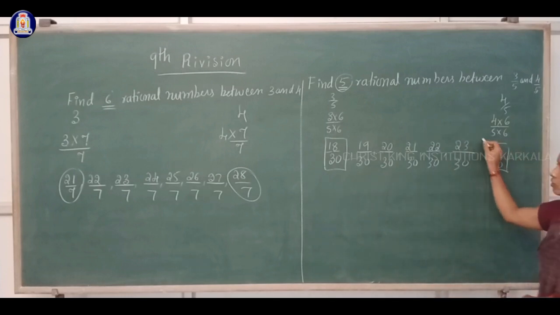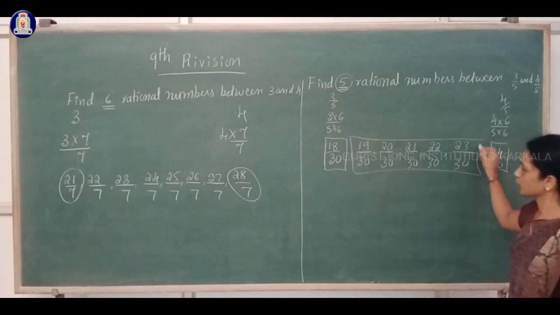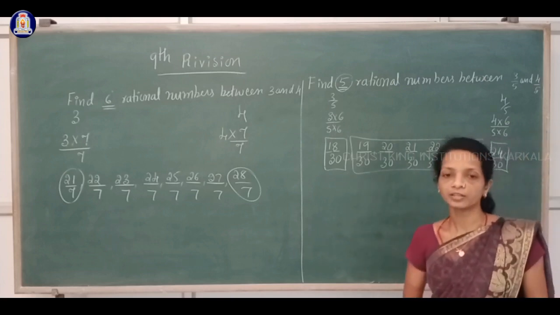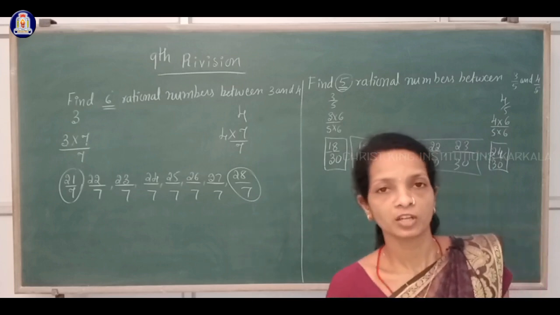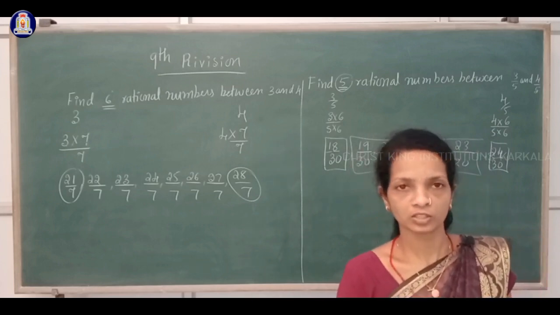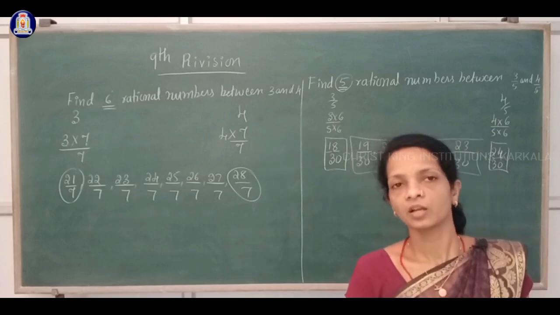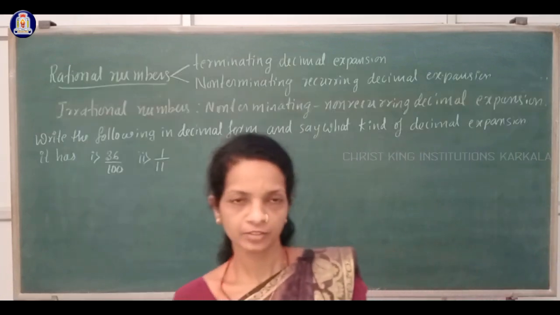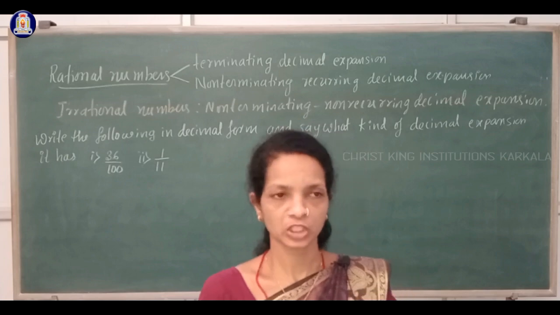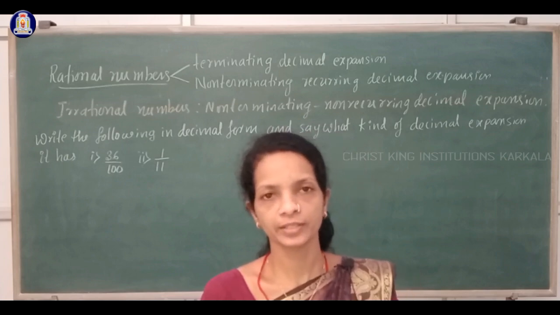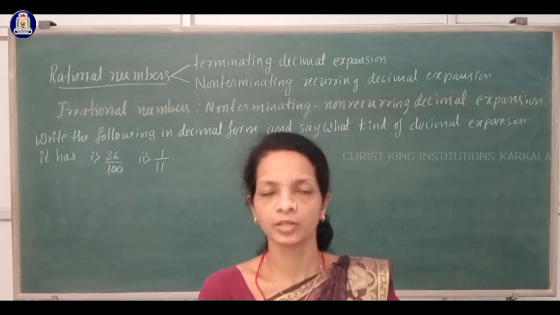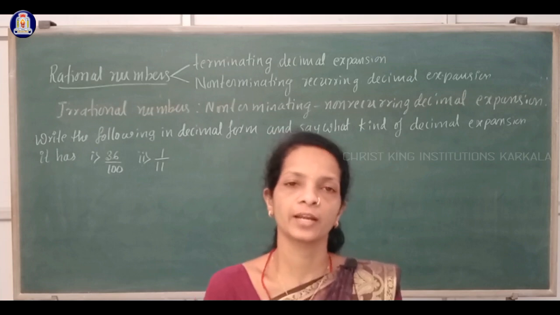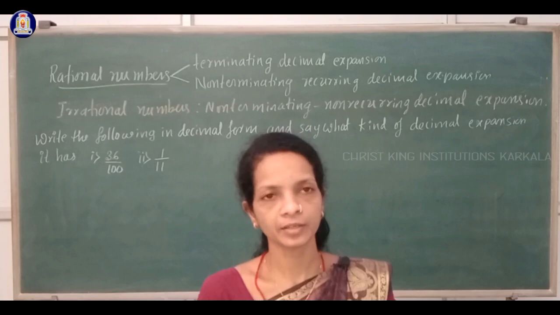Okay. So these are the 5 rational numbers in between the given two rational numbers. Actually, you can find infinitely many rational numbers in between two given rational numbers, but here a limited number of rational numbers is asked. Okay. Next, types of decimal expansions of rational numbers. You know that rational numbers have 2 types of decimal expansions, that are terminating decimal expansion and non-terminating recurring decimal